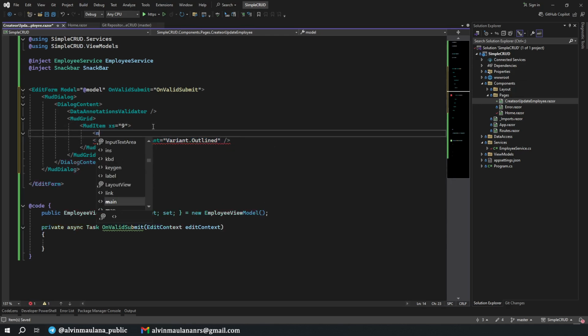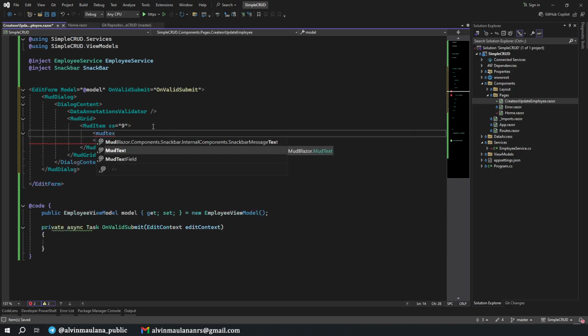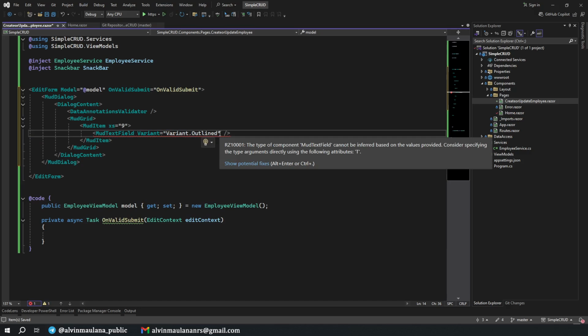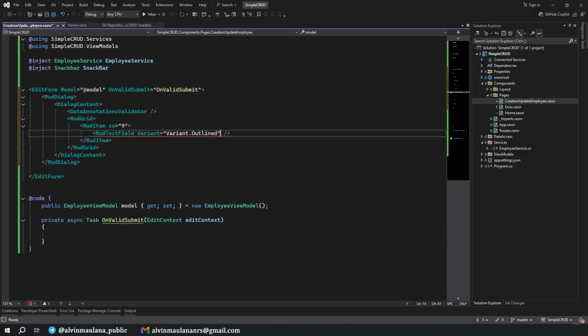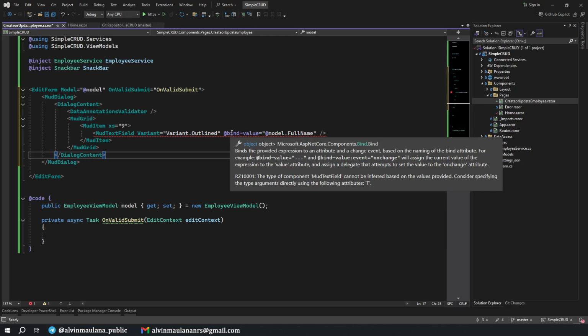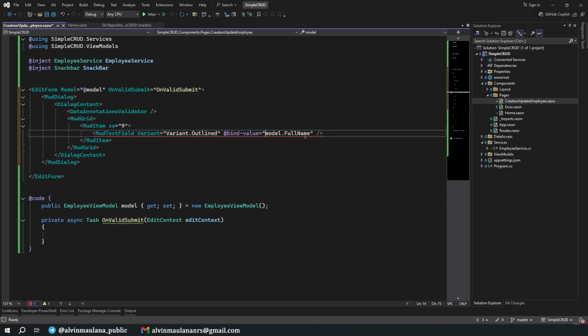Maybe I try to define MudTextField. Oh, I think it is because of the model, we need to bind value of our model. Is it model dot full name? Why still error? I think just keep it like this.